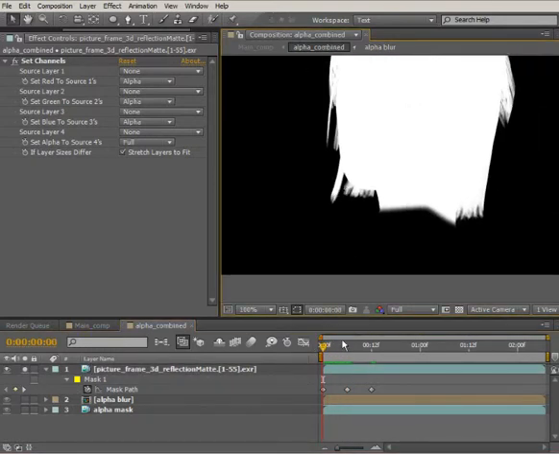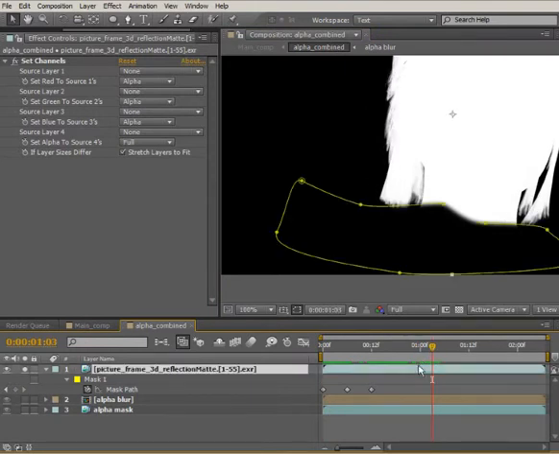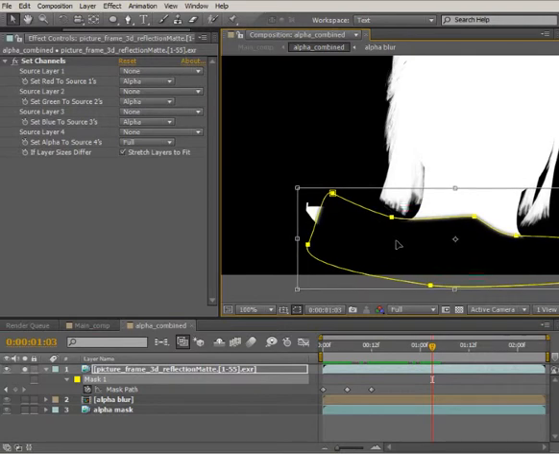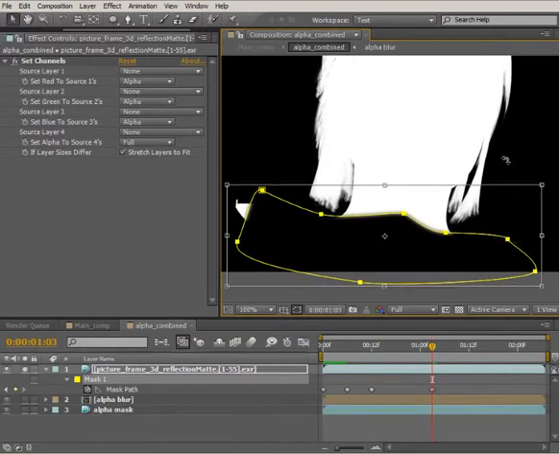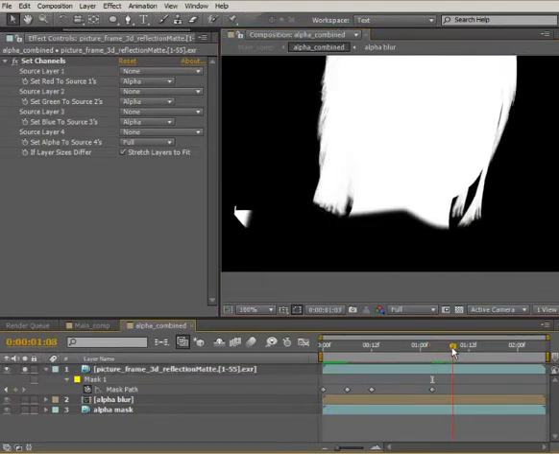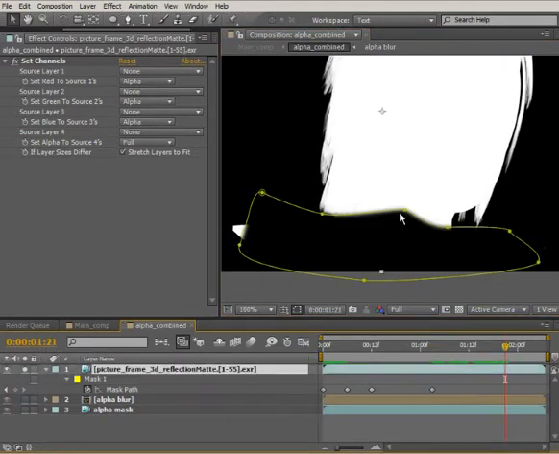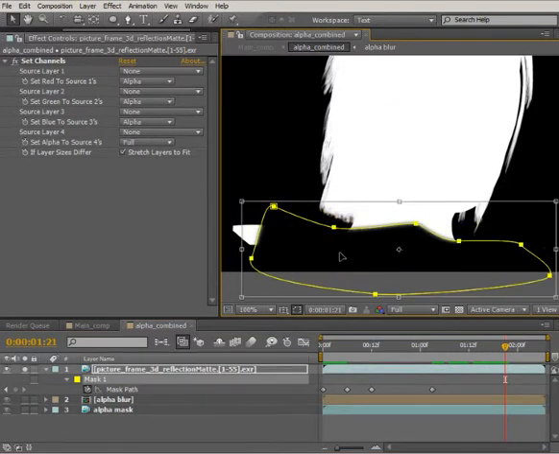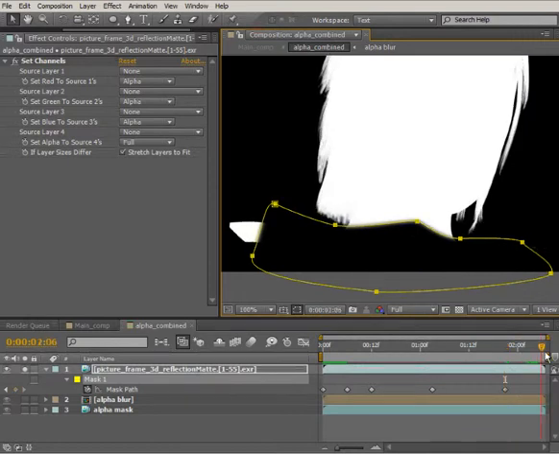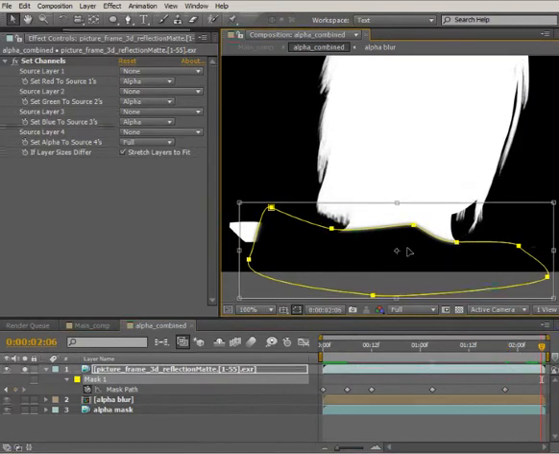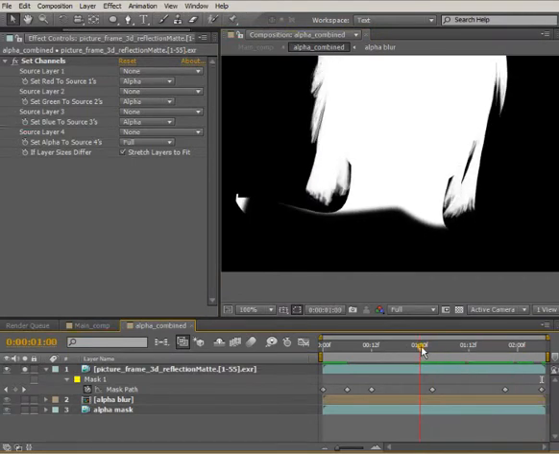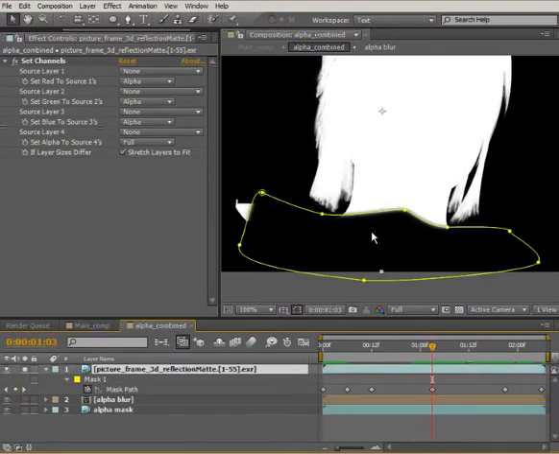However, for the most part, we want to try and do the animation on the entire mask instead of on a point-by-point basis. And that really helps keep the mask sort of consistent. And we talk about this in quite a bit more detail in the rotoscoping courses, because this is essentially all we're doing: a quick roto job to keep our hair in and keep the rest of our body out. So as you may have noticed, I've sort of ignored that part on the left there until later,